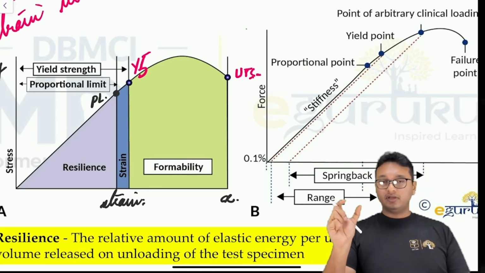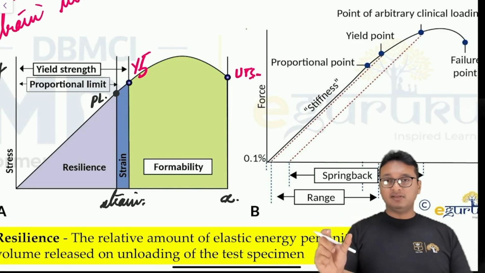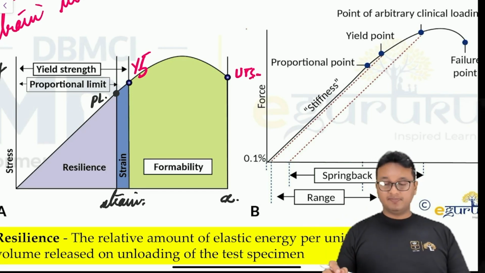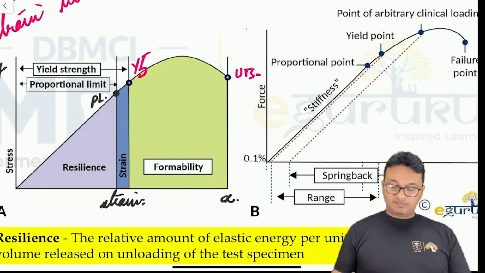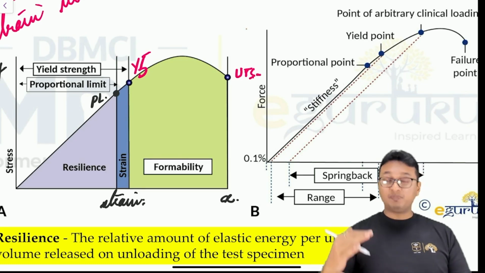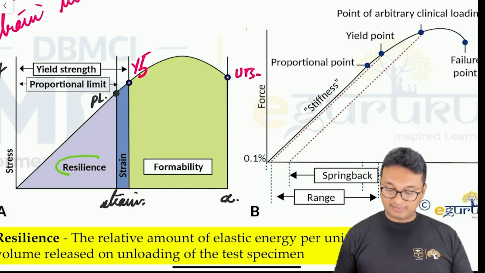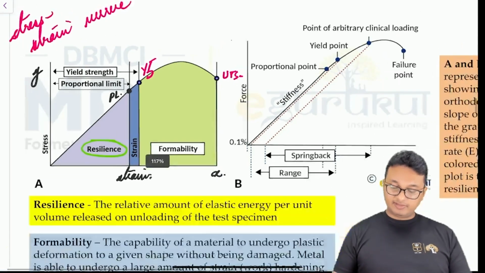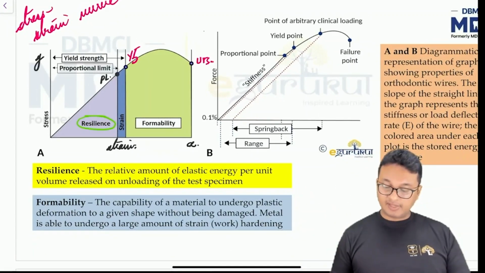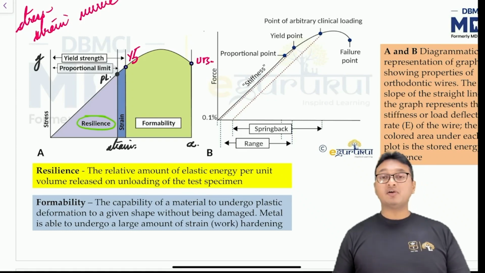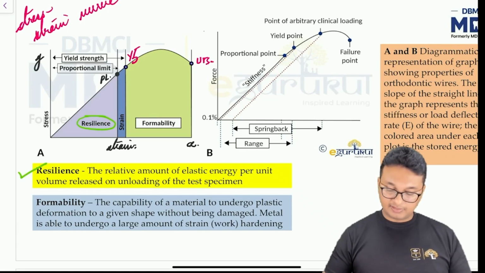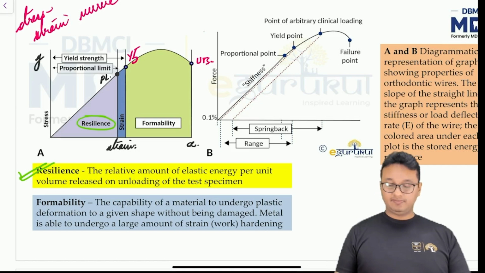and if you do integral and differential calculus, the area under the graph up till the proportional limit is known as resilience. So what is resilience? The resilience is the relative amount of energy per unit volume released on unloading of the test specimen. This is the definition of resilience. And